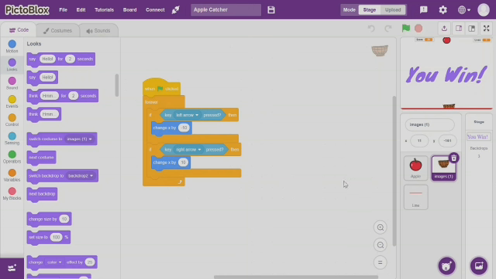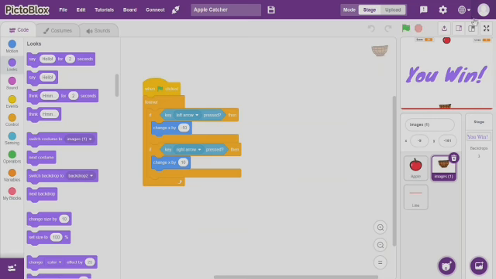The other sprite is our bucket, and here only simple code is there, which is when flag clicked, then we are using forever. If the left arrow key is pressed, then we have to change x by -10, which means it would travel in the left direction. And if the right arrow key is pressed, then we have to change x by 10, which moves it in the right direction. And by these codes we move our bucket,